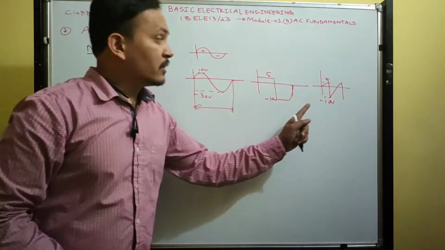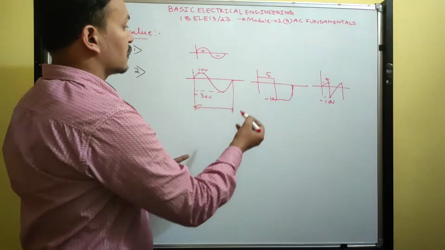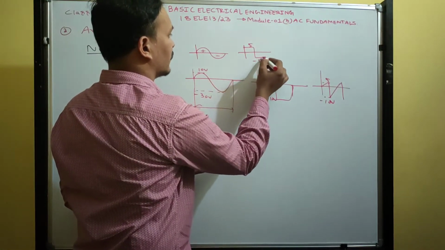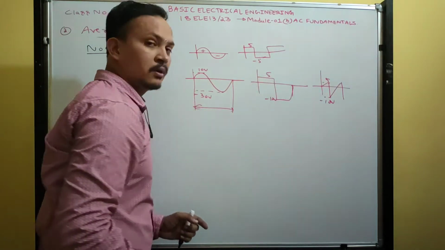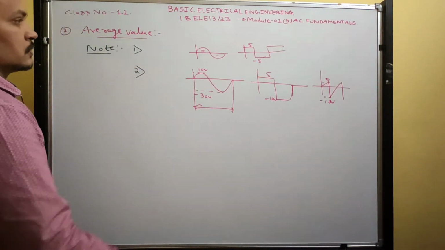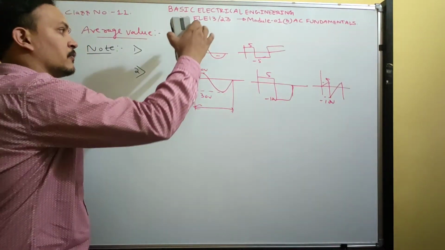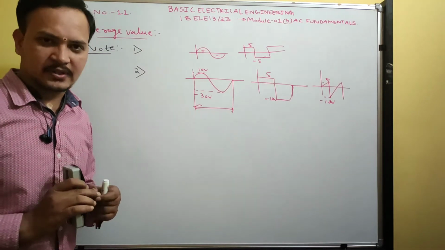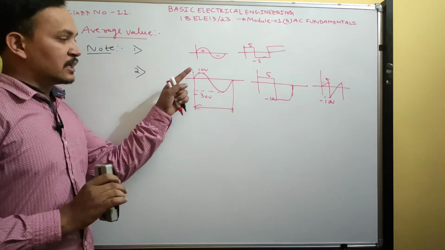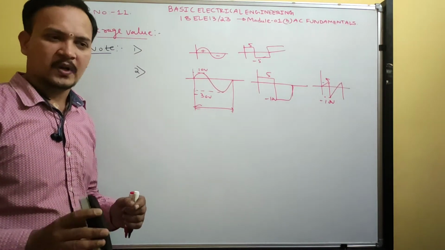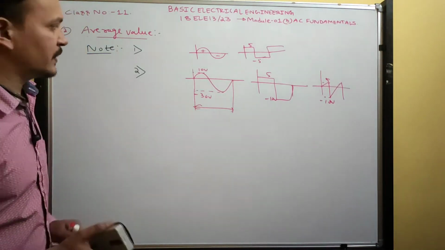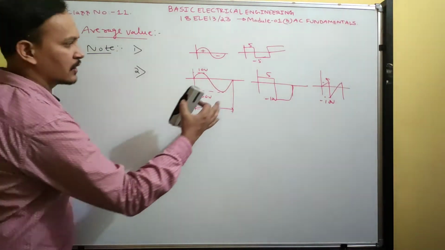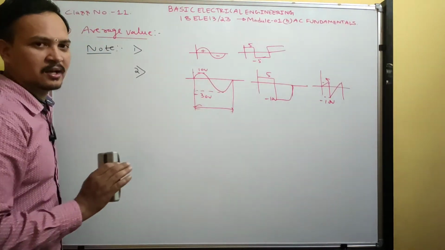Whenever you have unsymmetric, what is symmetric? Symmetric, we can write square waveform like this, 5 volt minus 5 volt, 5 volt minus 5 volt. So these are all symmetric, having equal set of positive and negative values. Under that condition, to compute average value, take only half cycle. Got it? If it is unsymmetric, take entire cycle. Take one complete cycle, then you will get average value. For unsymmetric, take full cycle. For symmetric, take half cycle. That's it.